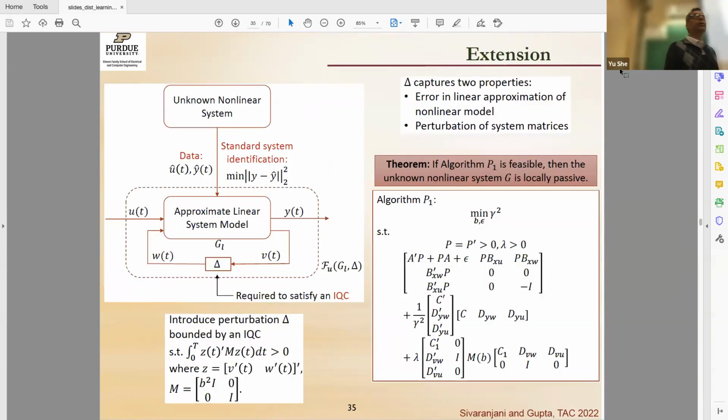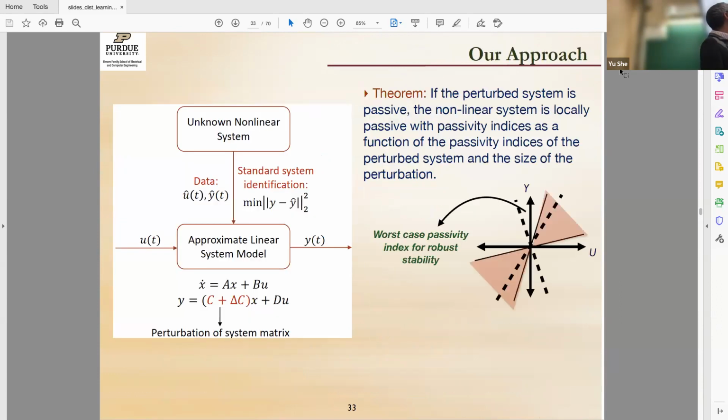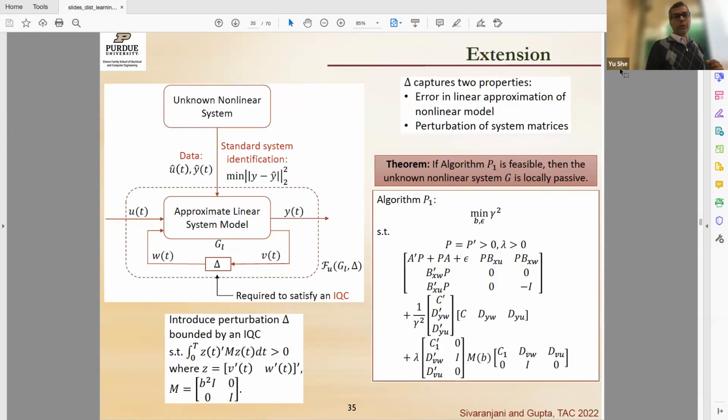Is there a theorem that tells you? Yes, it's the theorem version of that, saying that if you do a constraint optimization for the system identification, then you don't necessarily have a passive solution. There are counterexamples actually. So instead of this dumb search that I said, you can do more interesting perturbations by this data bounded by IQCs and so on, right? And this is just to show that not everything here is the first thing that came to our mind. You can do something more interesting.